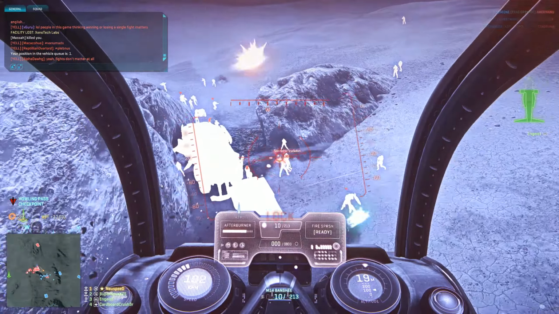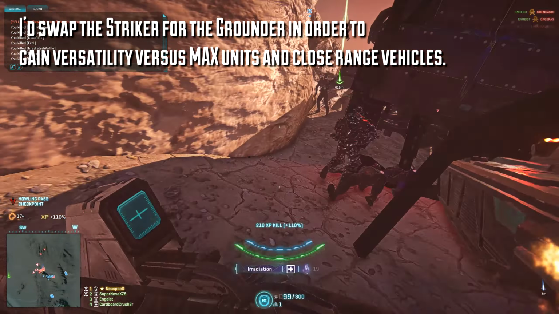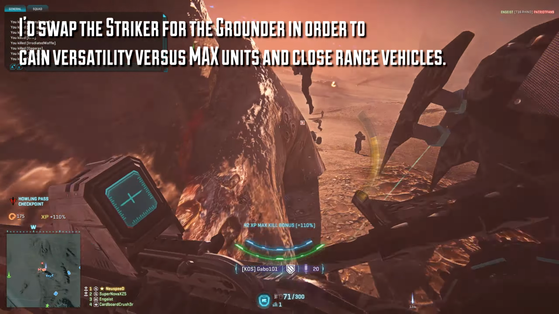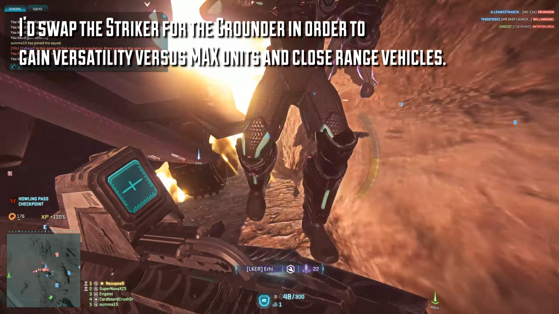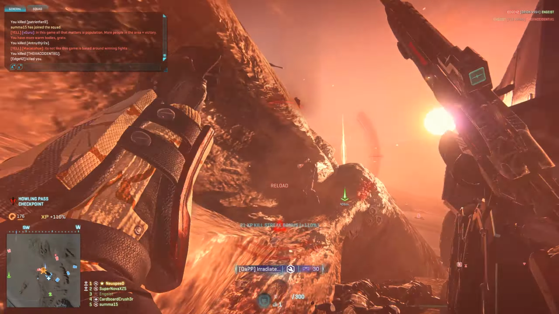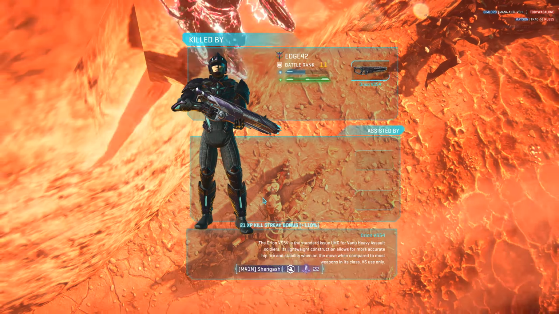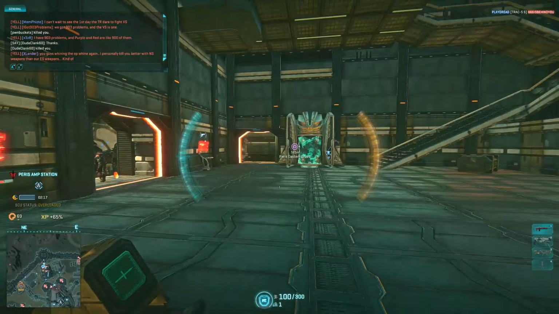anything out and keep with the theme of general versatility, it'd probably be the Striker for the Grounder, since the Grounder has dumbfire functions and it also holds on to its anti-air lock-on capabilities. This gives you much more versatility when it comes to dealing with enemy MAX units as well as close-ranged vehicles, where locking on and firing off 5 rounds is plenty of time for that enemy tank to turn around and ruin your day. That said, I'm going to leave you with this final clip, one that I thought was hilarious